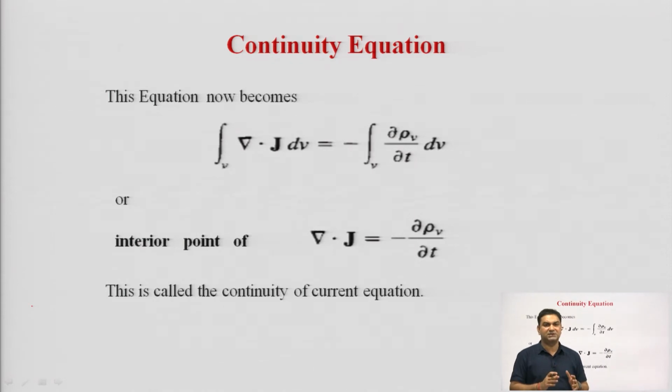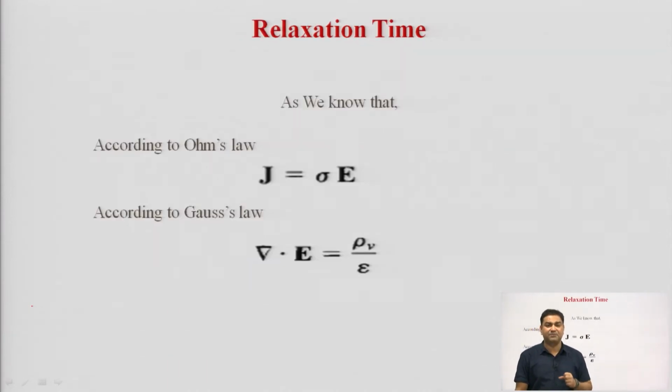How is the charge density related to the current density? It means the divergence of current density is equal to the decrease of volume charge density with respect to time. This is all about the continuity equation. There is another very important parameter, which is known as the relaxation time. The relaxation time also comes out from the continuity equation, and by using these two different laws, we can identify